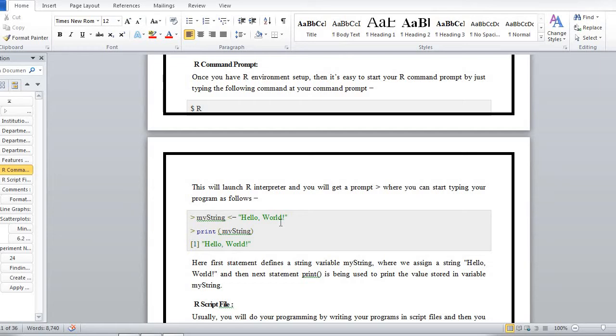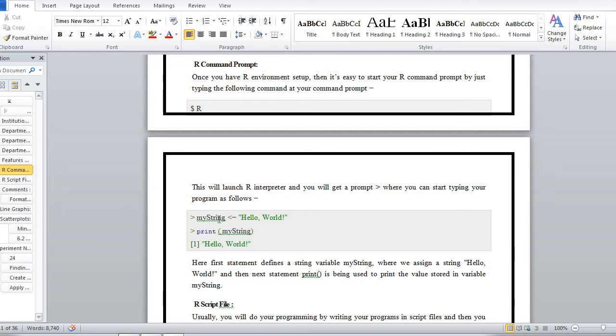Usually whenever you are learning a new language, you say hello world to the world. Similarly, if you want to say hello world through the R language, it is very simple compared to C, C++ or Java which you learnt earlier. Just write hello world in quotes and assign it to MyString.